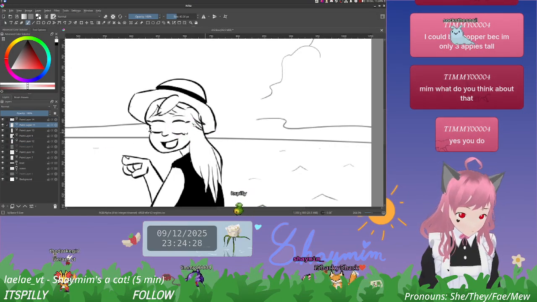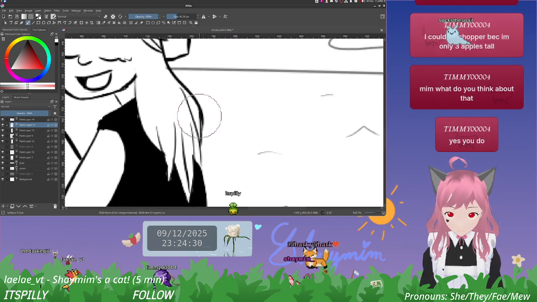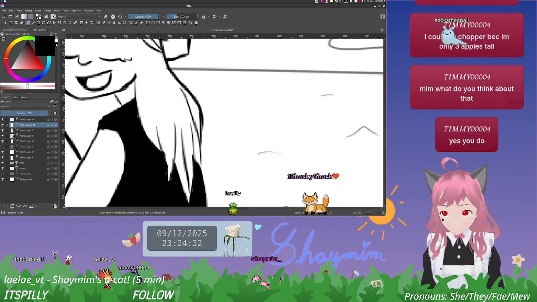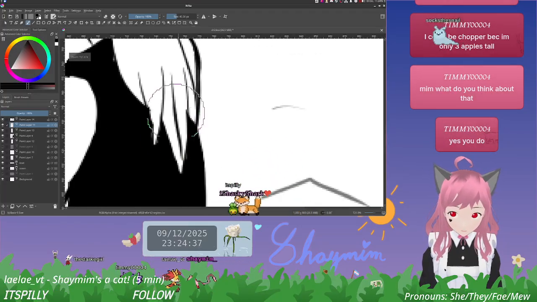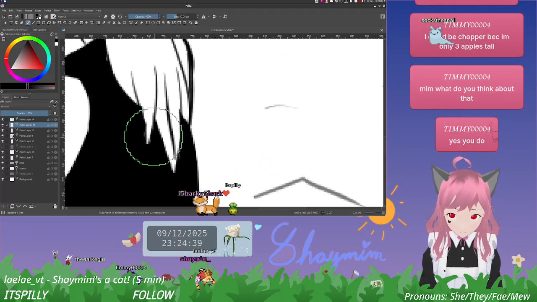Let's look a little at Kobe's hair. Obviously, the outermost part is a little more outlined than it looks like.